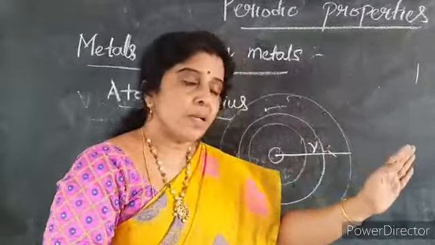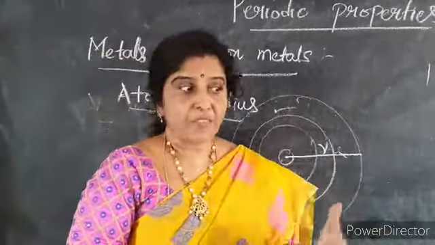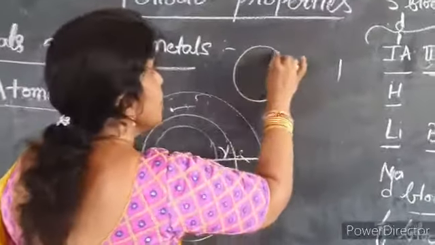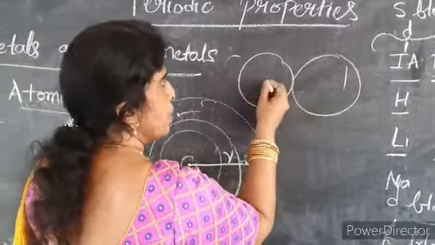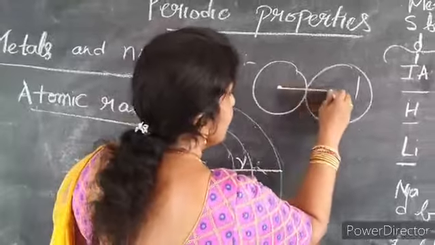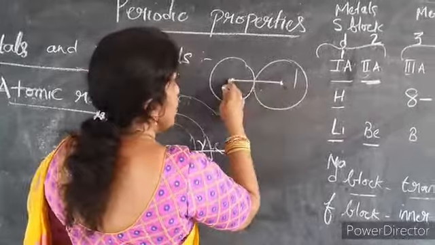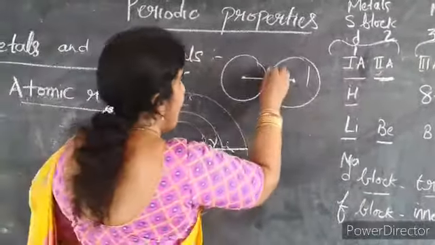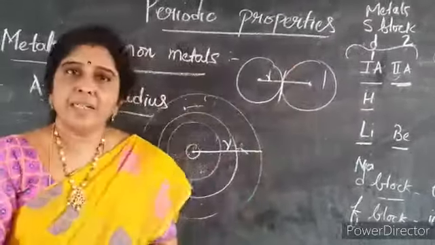So what is the general practice of calculating the atomic size or radius? If the element is in a solid state, these atoms are placed adjacent to each other. Then what can be done? You can calculate the distance from the center of one atom to the center of the next, adjacent atom. So what are you going to get? You are getting the distance between the centers of two atoms. Exactly half of this distance is the atomic radius.